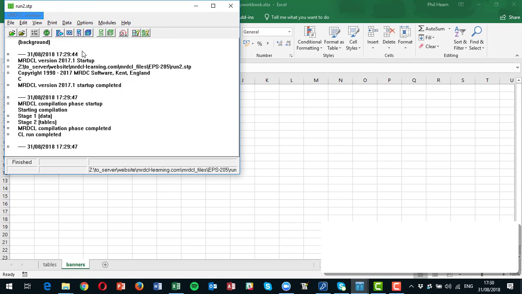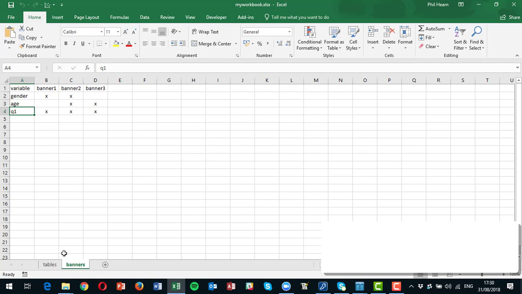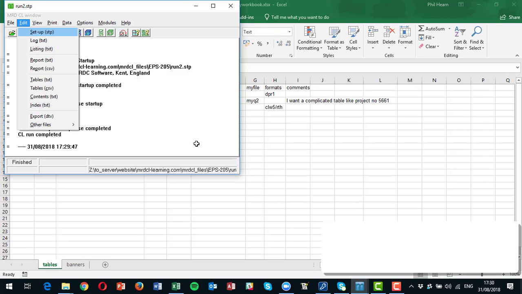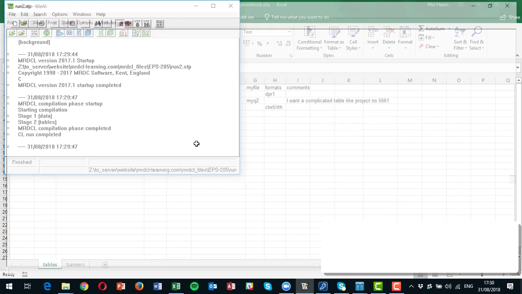Alright, we can now move on to specifying our tables using the worksheet here. So I'm going to go to that workbook, and we've got to take account of all these things that are going on here. So I always believe in doing this step by step because it just makes it that little bit easier. If you start trying to do everything in one go, it's very easy to get confused what you're doing. So let's first of all just start with the basic things that we want. So I'm going to open this up again,